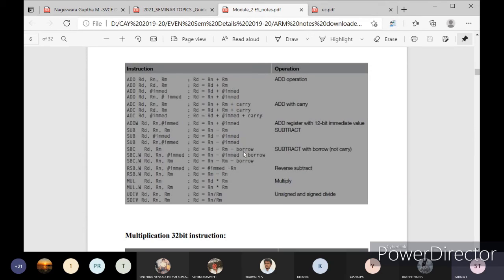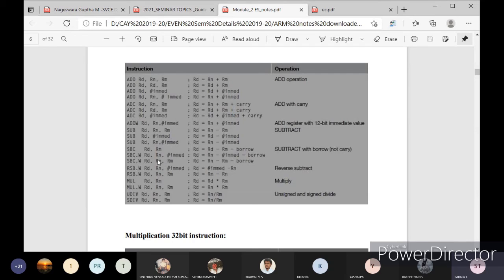Rd minus Rm minus borrow, stored in Rd. Rn minus immediate value minus borrow, then stored in Rd. In the same way, .W represents the word function, the 32-bit instruction set. RSB is reverse subtract.